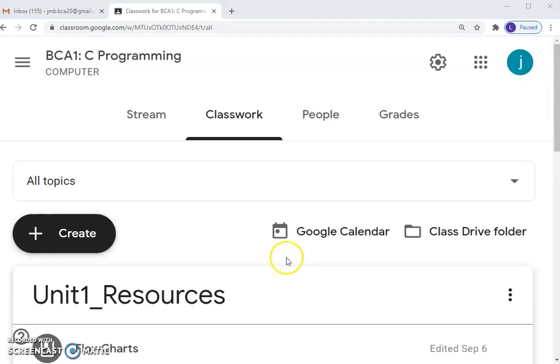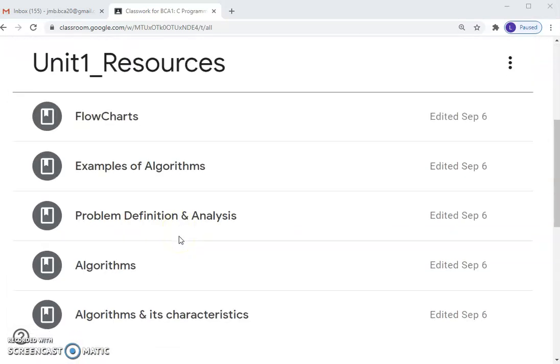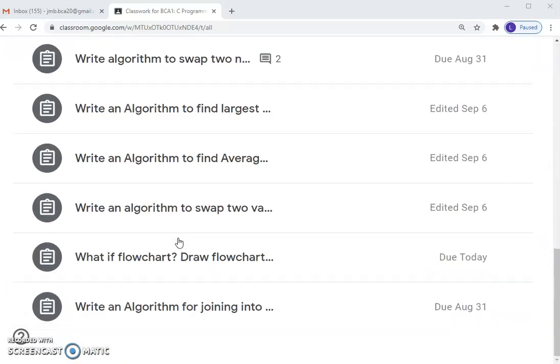There is some internet problem, but the same way we add material, the way we have added an assignment, and we can select the topic also, under which topic we want to add that particular resource. Once we assign all the resources, it will be seen like this.